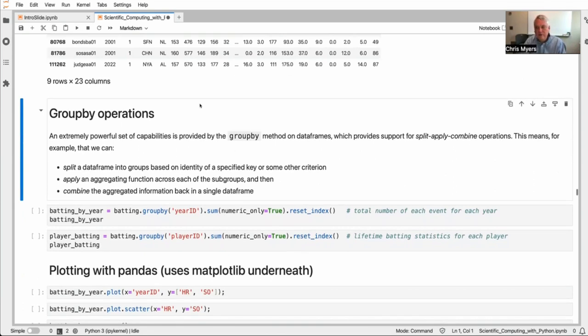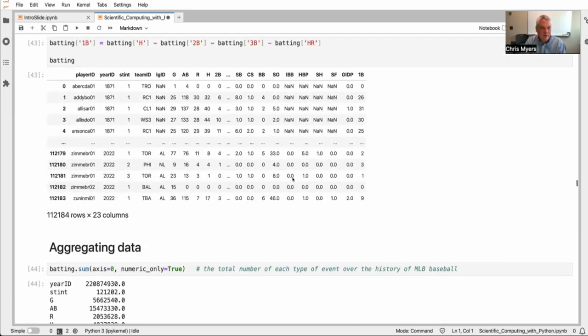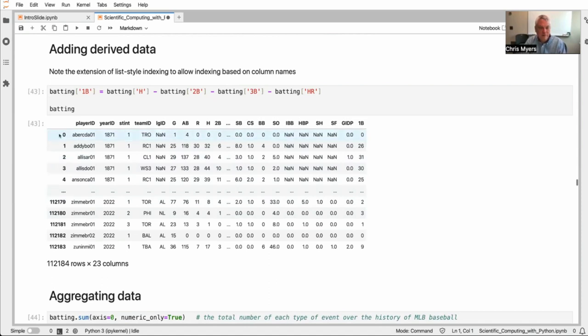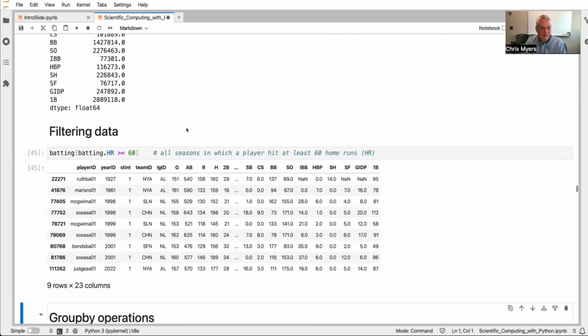There's a lot of very powerful capability for what are called group by operations, and what these involve are a set of methods that allow us to support what are called split, apply, combine operations. So I can split a data frame into groups based upon some criterion, some key. I can apply some sort of aggregating function across each of the subgroups and then combine everything back into a single data frame. And this is very important because there's a lot of substructure within this. There are players who will appear repeatedly over different years. There are multiple players that appear in a given year,